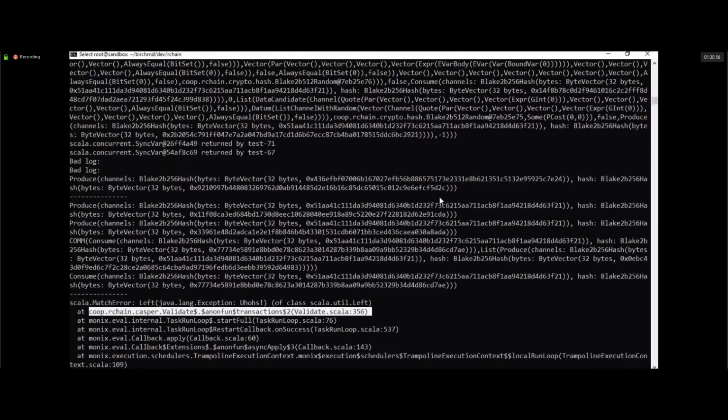Hang on, I'm just trying to think. I think we might be able to hone in on an even better test. Let me think about this for a second. Okay, so what's the relationship between the node processing the Rholang term versus processing the incoming proposal from the other node?